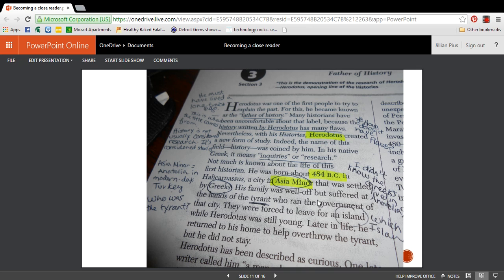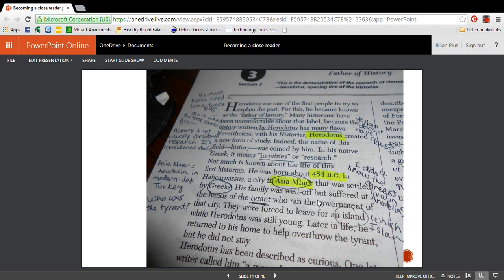So on the left-hand side, I wrote, this is where the title comes from, because we've talked about Herodotus and the Father of History. So we know the title is referring to his nickname. Many historians have been uncomfortable with this label because history written by Herodotus has many flaws. On the right-hand side, I have an asterisk, and I wrote, how does it have flaws? Nevertheless,